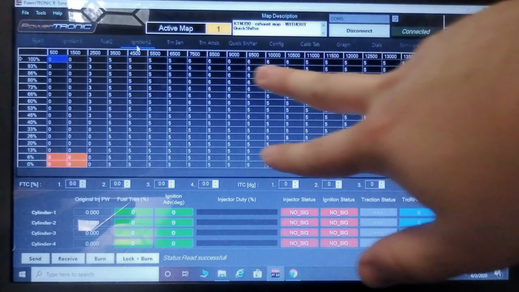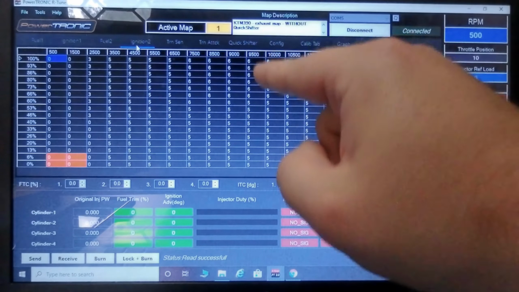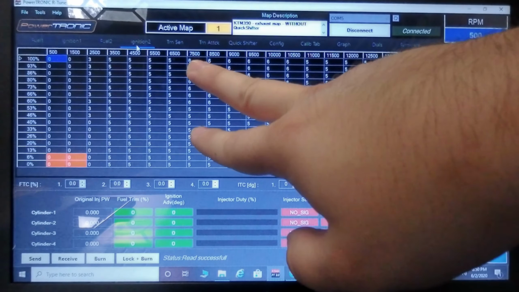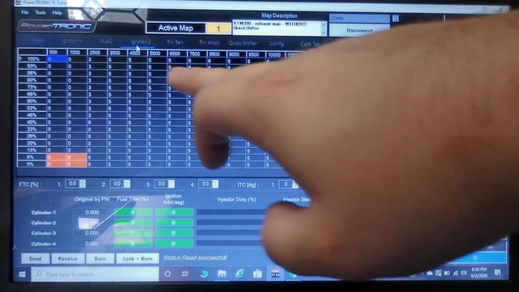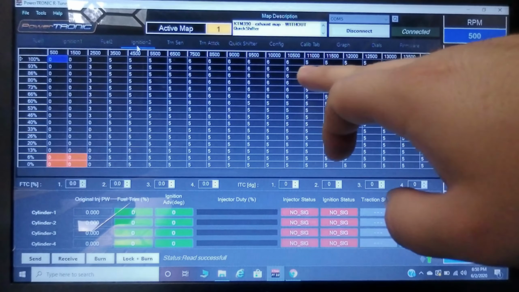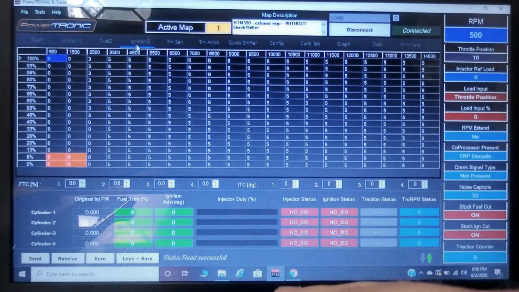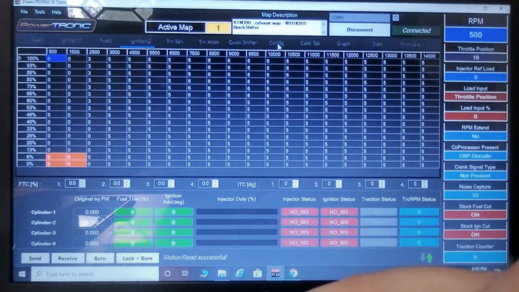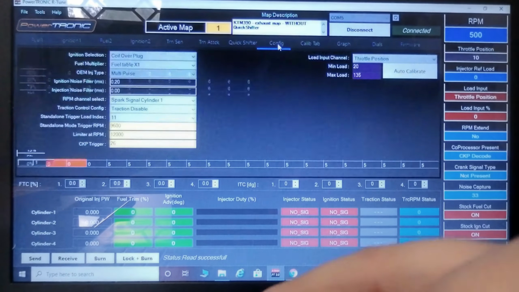These used to all be 5s all the way across. On their exhaust map, they actually start increasing timing to 6% in the upper RPM range, pretty much almost all the way to redline. The only other thing I want to look at while I'm in here